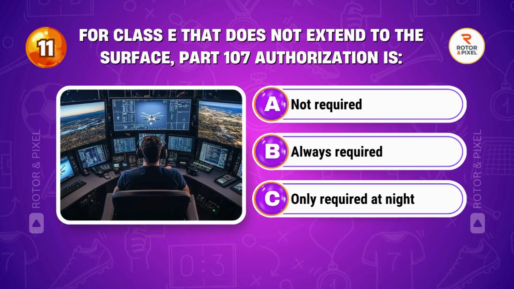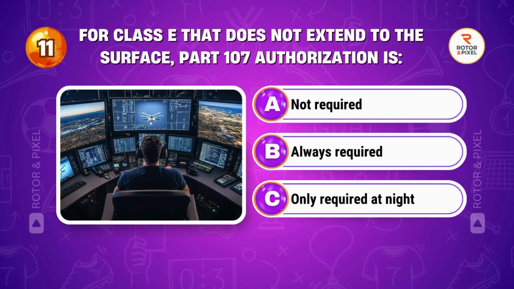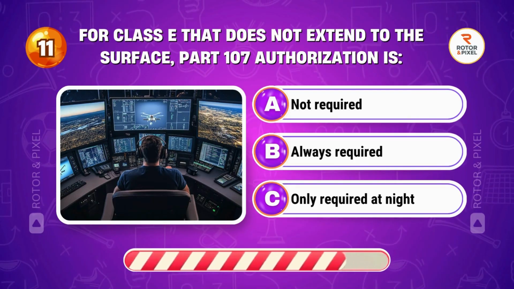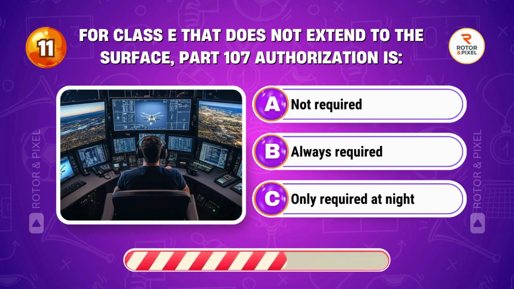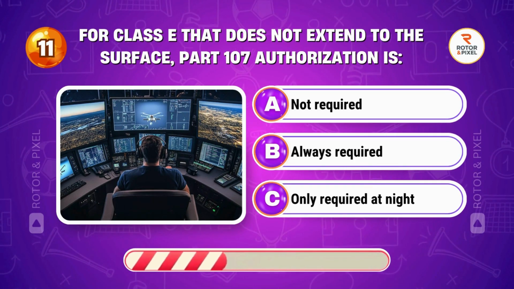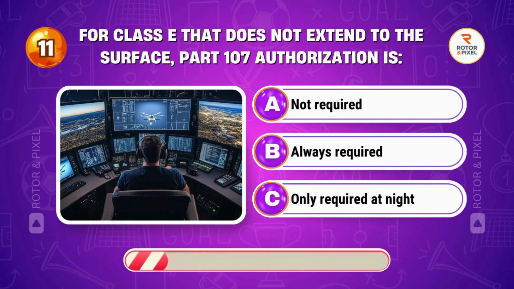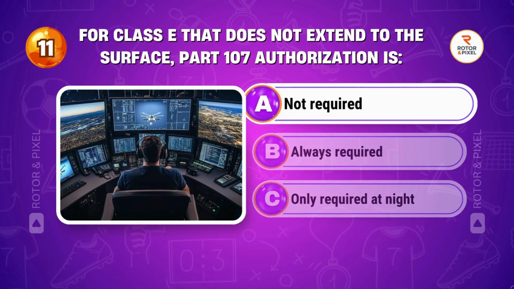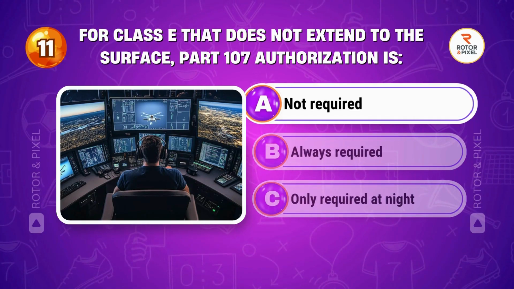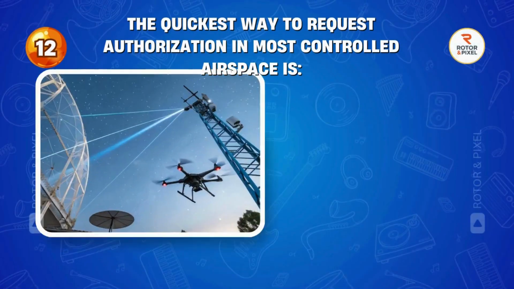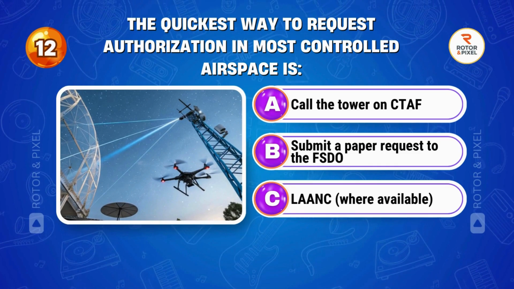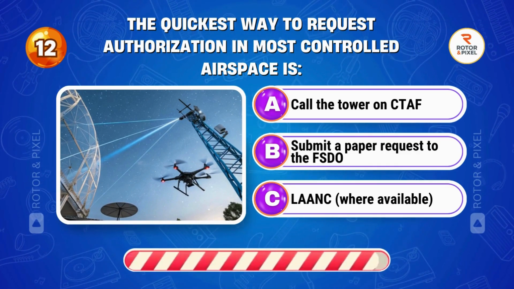For Class E that does not extend to the surface, Part 107 authorization is Answer A, not required. The quickest way to request authorization in most controlled airspace is